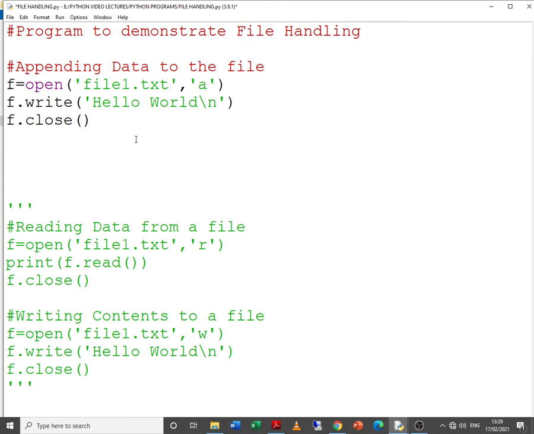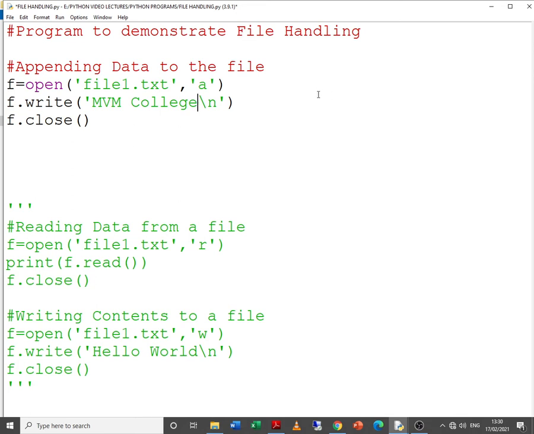It will change to a, and instead of hello world, we are appending, that means adding. Generally, we don't update the contents of the text file. So, here I am writing the name of a college, MVM college, and we are giving \n. Then we have to check whether the content is appended or not. But let us try to execute first.